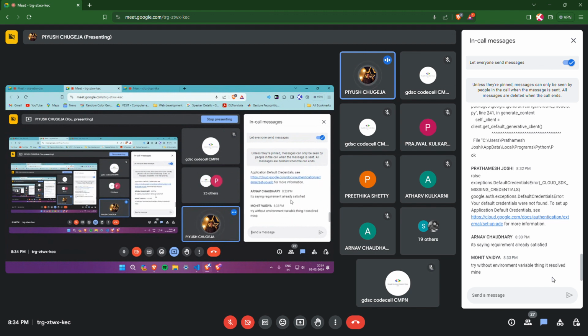So, guys, make sure that if you're using the environment variable and if it is not working, you also try it without the environment variable, where you type in your API key directly. All right. It may happen sometimes that after adding something to an environment variable, you will have to restart your computer for it to take effect on your computer. All right. So, right, it didn't install, if I'm not wrong.